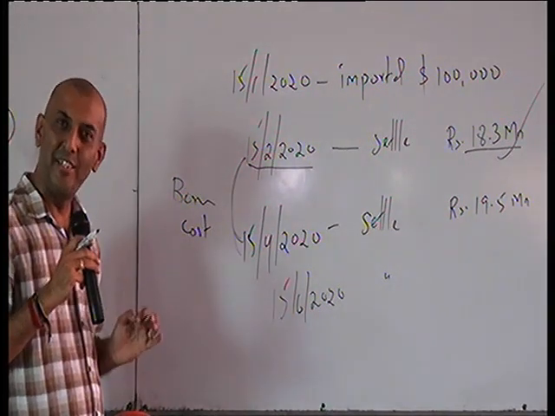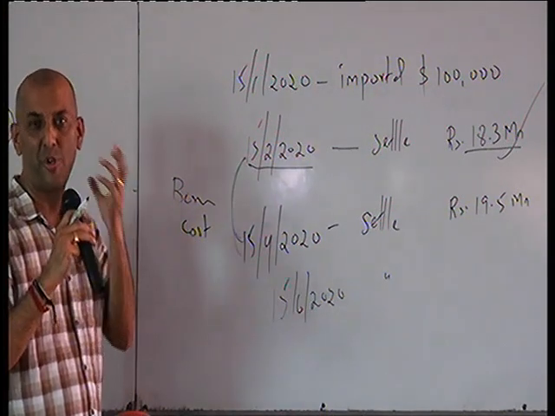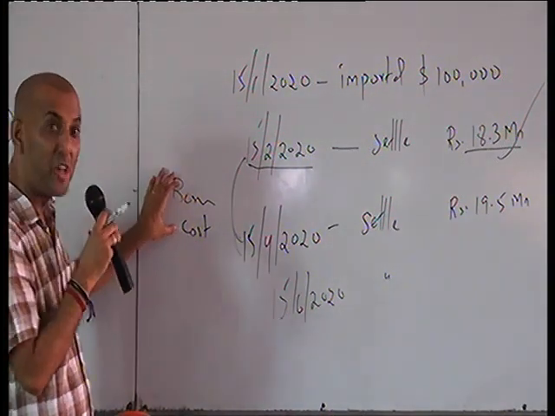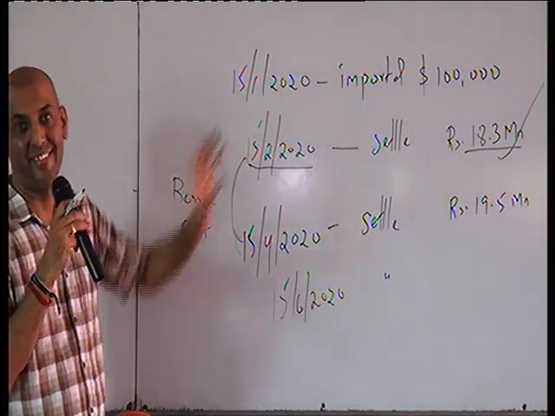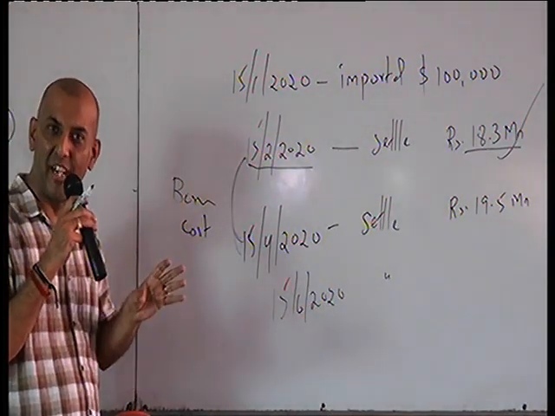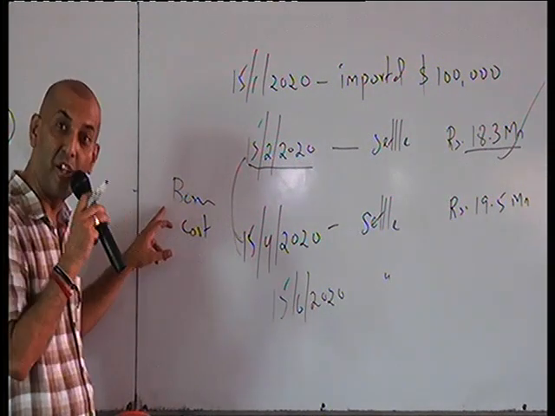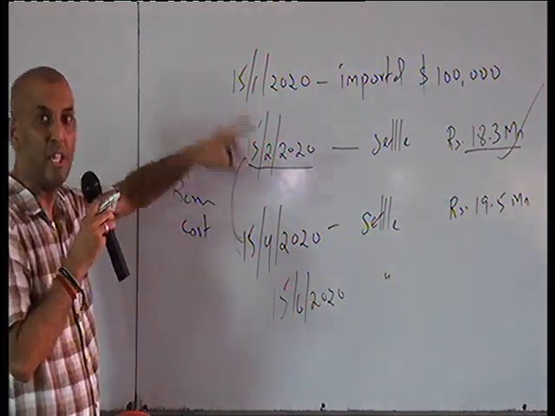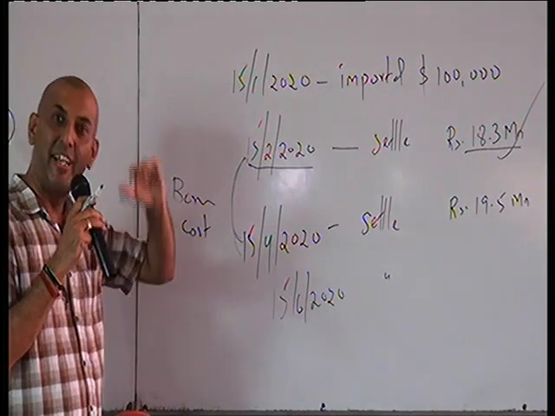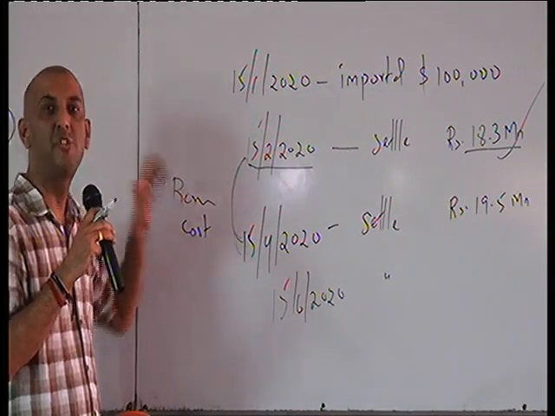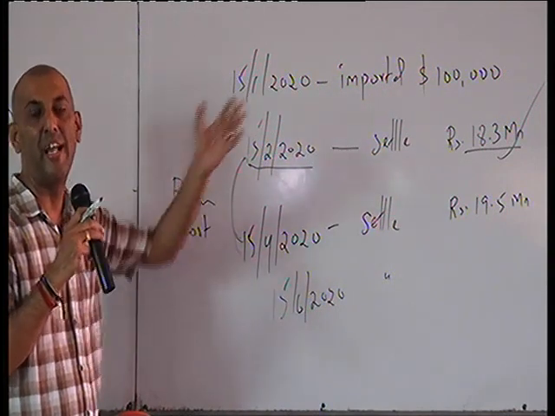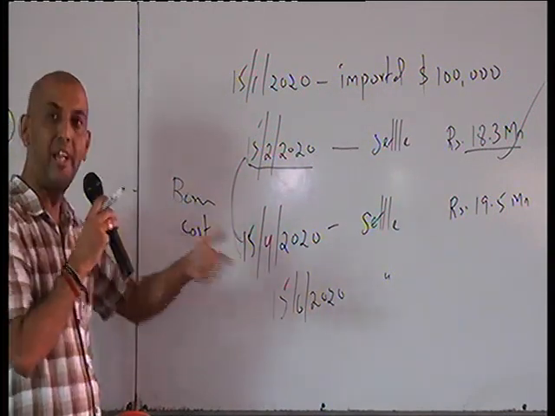So I need to decide how much the borrowing cost is. That borrowing cost I compare with my exchange loss saving. If the exchange loss saving is greater than the borrowing cost, paying early is a good decision. If the exchange loss saving is lesser than the borrowing cost, it's not worth borrowing money and settling. Paying on the due date is better.